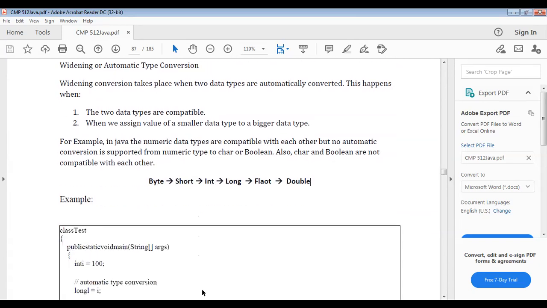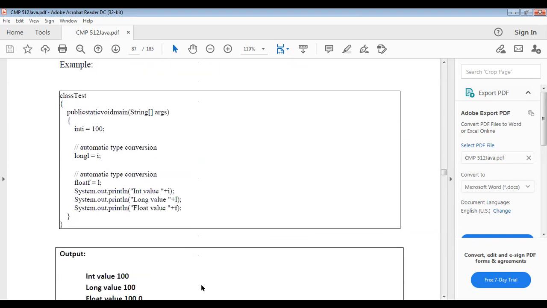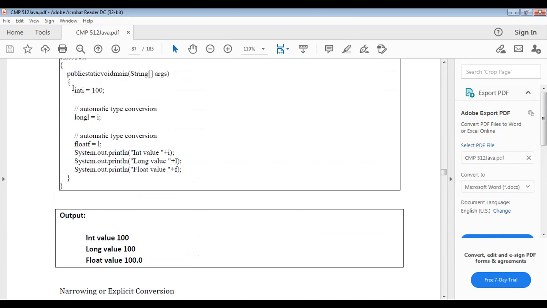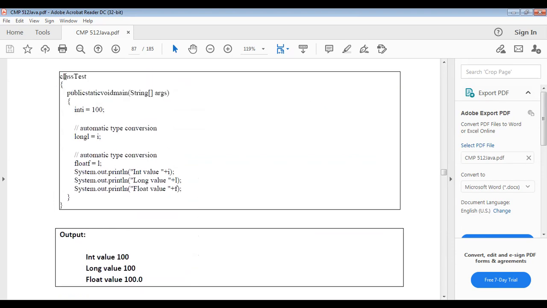Here is an example. First a class Test is created. After that, public static void main with String args. Integer i is declared as 100.